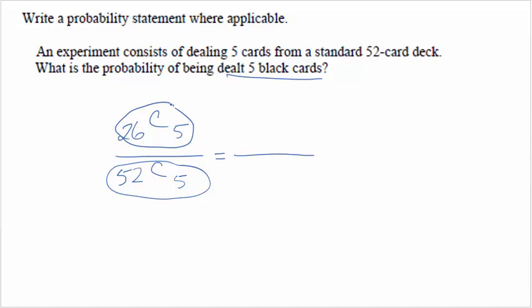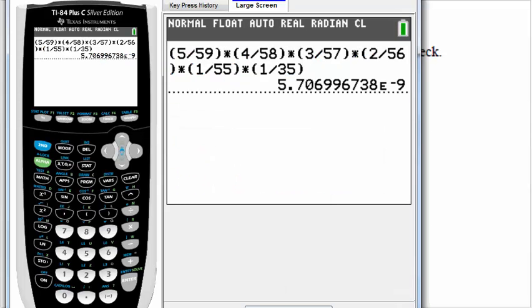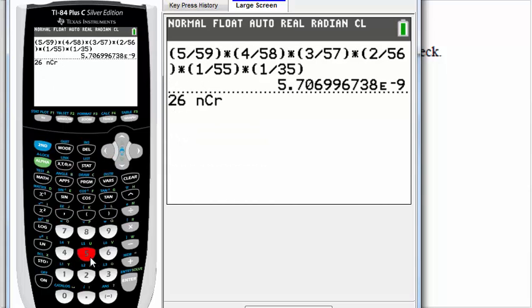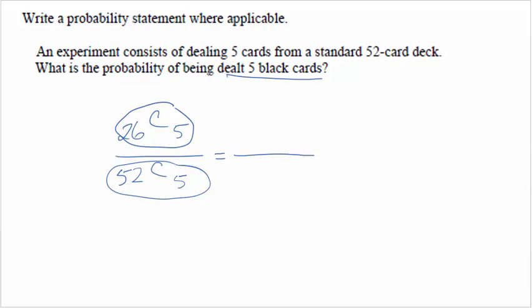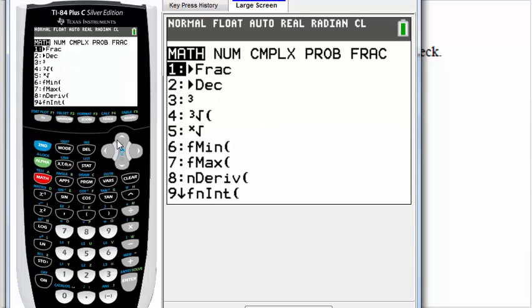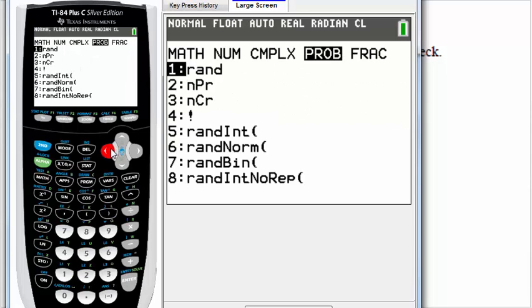Okay, and you know what? Do I have time to do this? Let's try really quick. So let's go 26 math probability C5. Okay, that gives me 65,780, and then I have to do 52C5. Okay, let's do the combination of taking 5 cards out of 52,